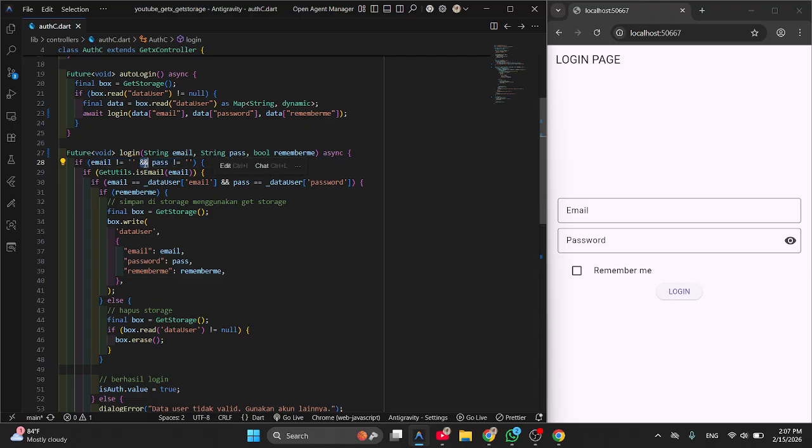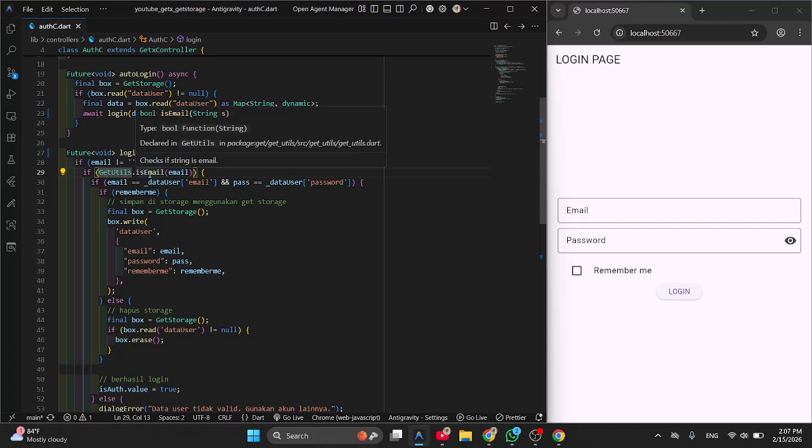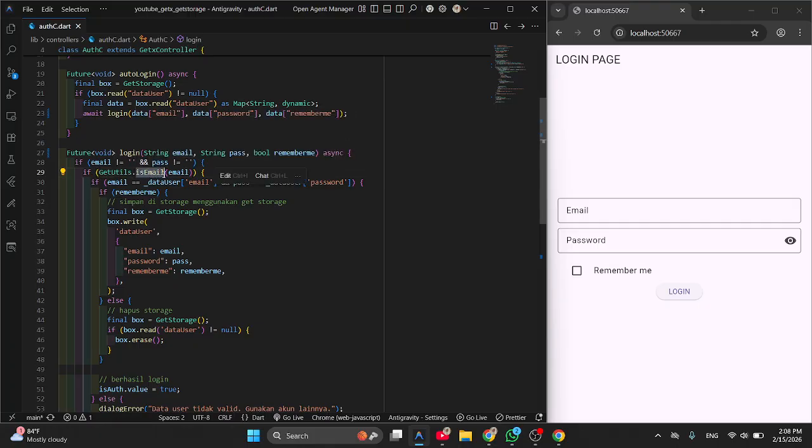So the operator is this one, and the email and password must both be filled, not just one. We use GetUtils.isEmail to check whether the text in the email input is a valid email or not.